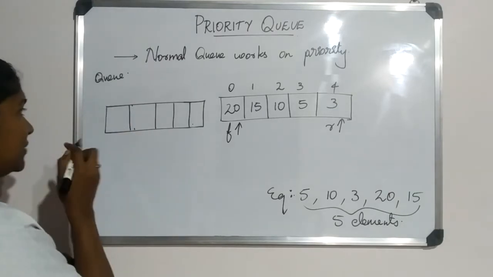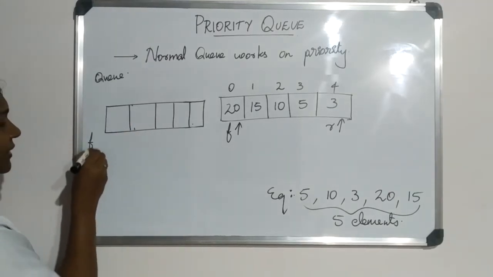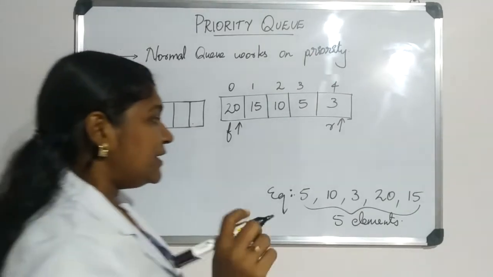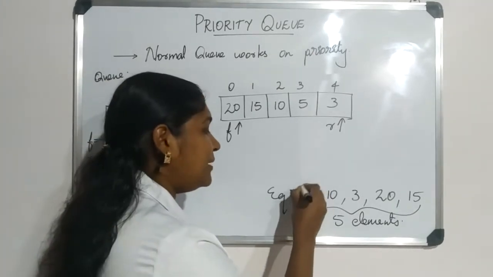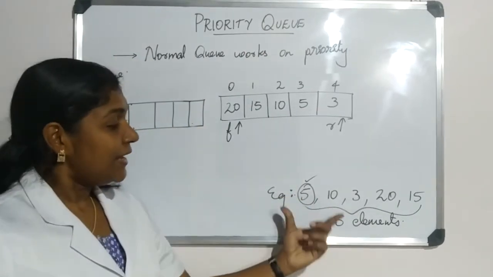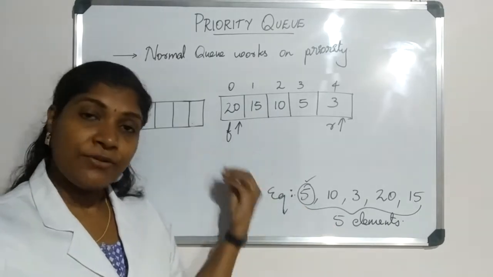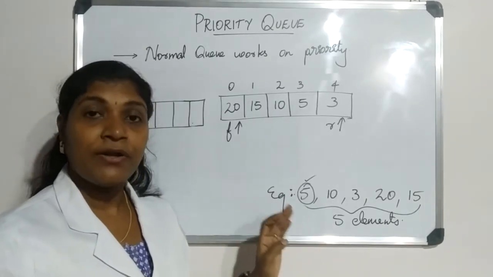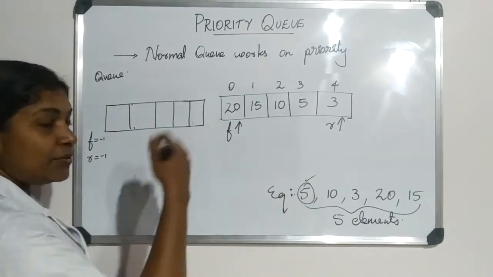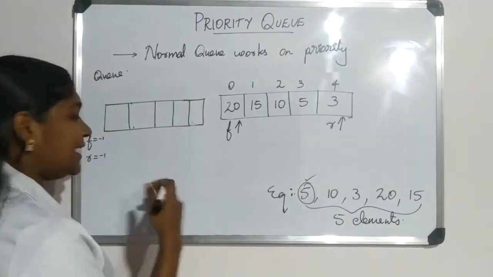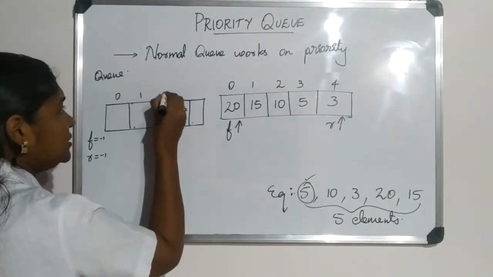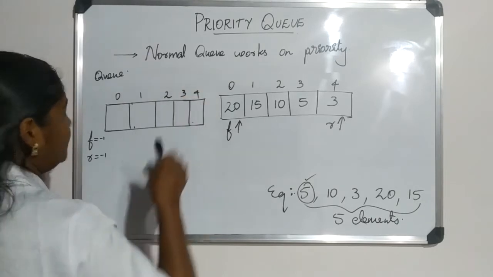Okay, so initially our front and rear are pointing to -1. Okay, so first take the case of enqueuing element 5. So first we are enqueuing element 5. So while we enter the first element into the queue, it is same as that of our normal enqueue process in a normal queue. Okay, so without thinking much, we can directly enter this element into our first position. So let's mark the positions also, 3 and 4.